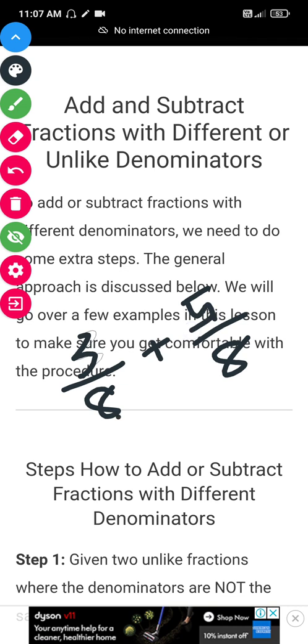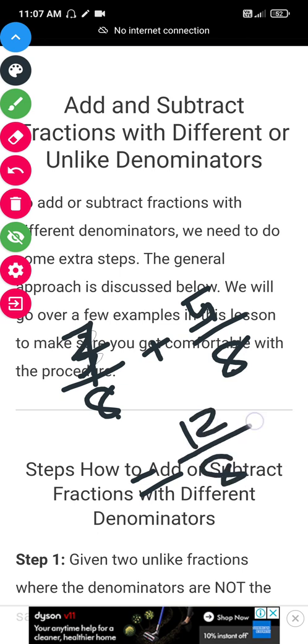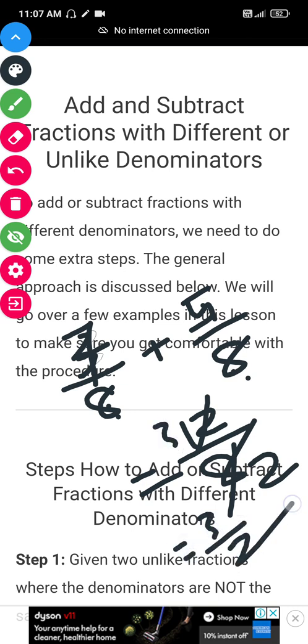So when they have the same denominator, it's easier to add. You will add only the upside numbers. Let it be 7, and 7 plus 5 will be 12. So it will become 12 upon 8. See, when they have the same denominator, it's easier to add, you know it. And we will cancel both by 4, it becomes 2, it becomes 3. So the final answer is 3 by 2.